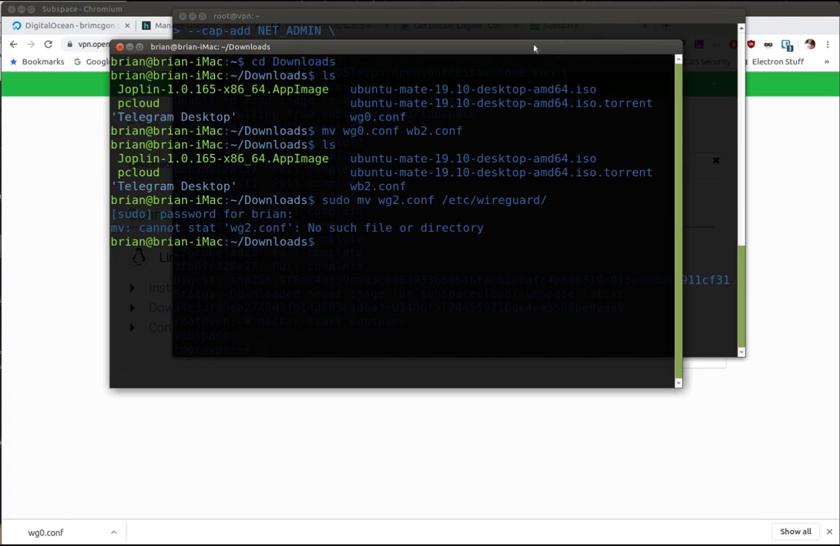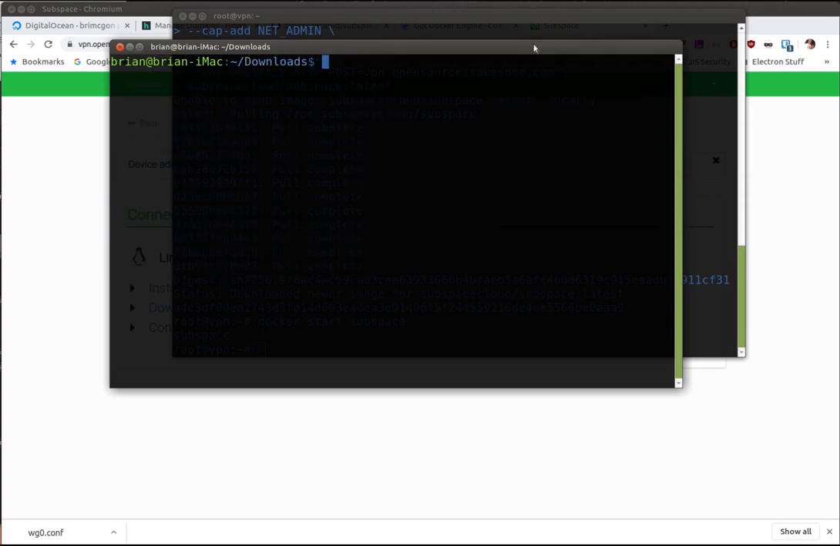Oh, I misnamed it. Move wb2.conf to wg2.conf. And let's try this move again. There we go. So again, make sure you're typing things correctly. If you get in a hurry, you make mistakes like I do. Now we can say sudo wg quick up wg2